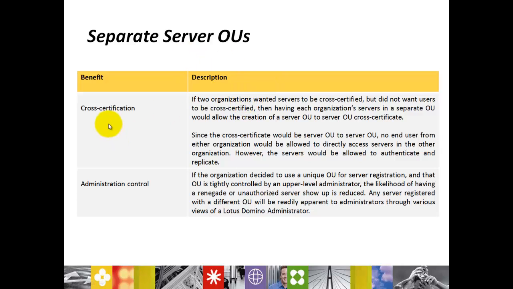Separate server OUs. We have two different OUs in an example. Then how can we communicate with these two different OUs? We have two different things: cross certification and administration control. The cross certification benefit: if two organizations want servers to be cross certified but do not want users to be cross certified, then having each organization's servers in a separate OU would allow the creation of server OU to